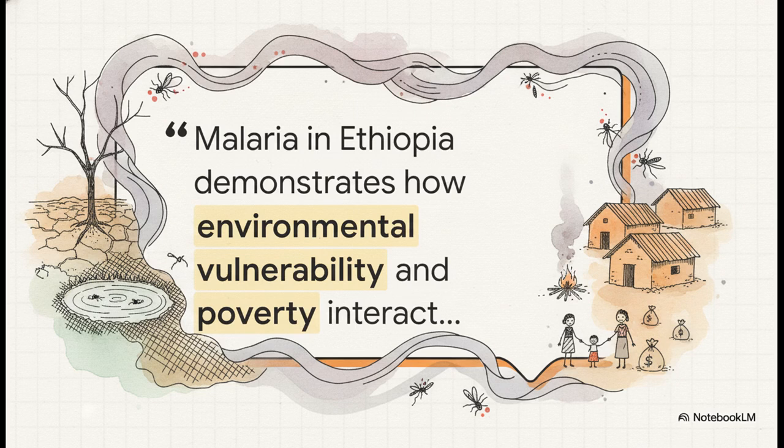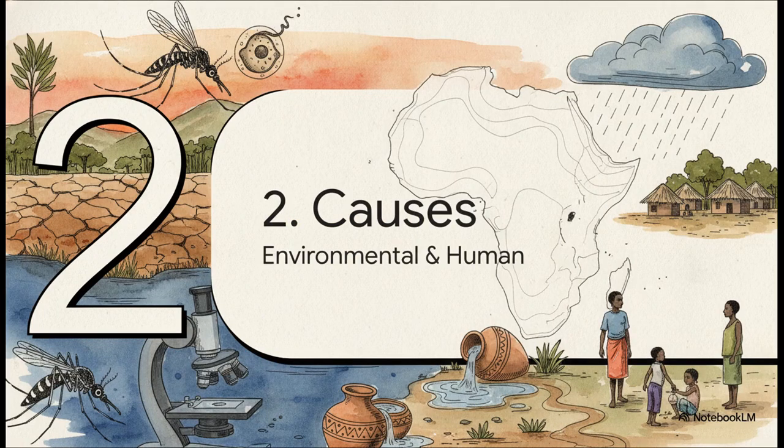Now, you might be wondering, why does this matter so much for an A-star grade? Well, because top-level geographical analysis requires us to evaluate both the physical and human environments working together as an interconnected system. You just can't look at them in isolation. Moving right along to Section 2. Environmental and human causes. This is where we apply our AO2 analysis to break down the why and the how